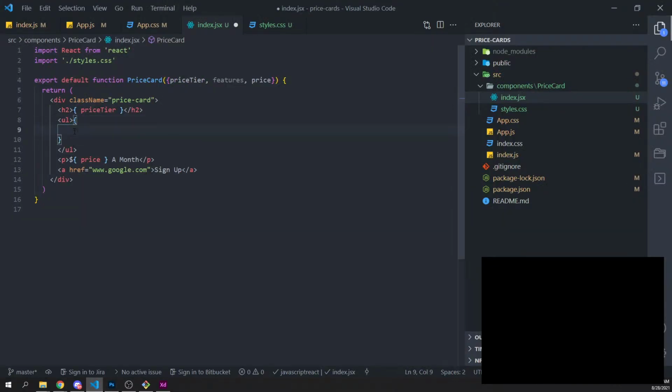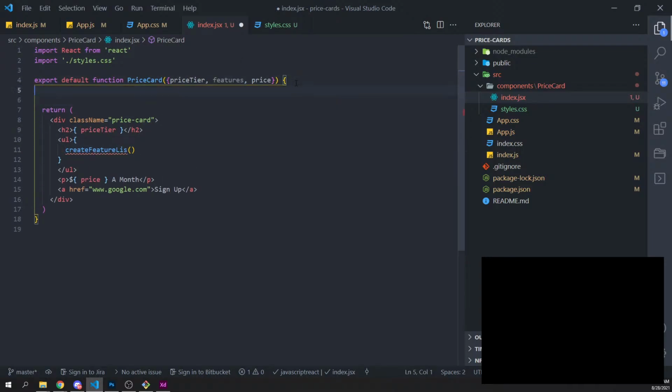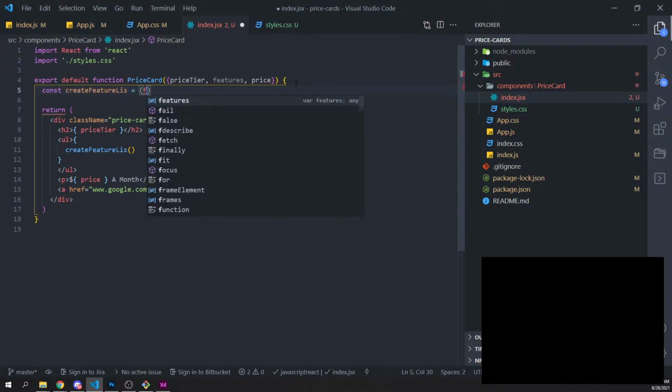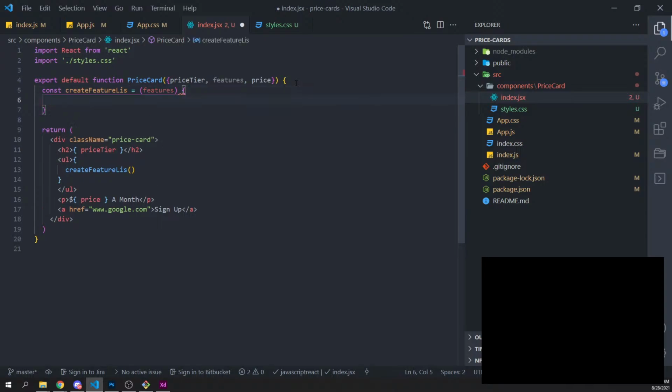Yeah, right, I could just do... What should I call this? Create feature LIs? That seems like a horrible name. And then out here we'll have this. And then we'll have a const create feature LIs equal features. And that needs to be this, and then this is going to go